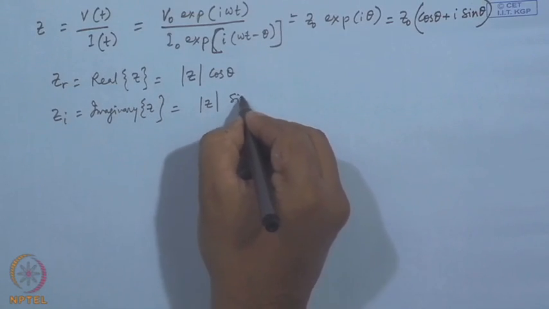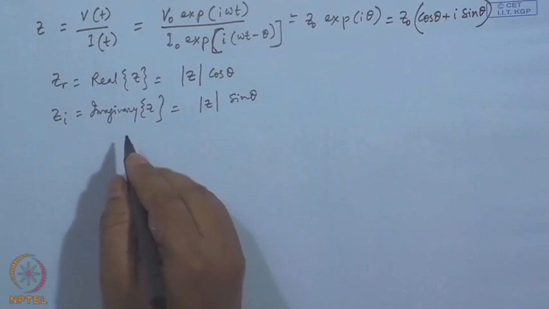So, in that case the magnitude of this complex impedance is